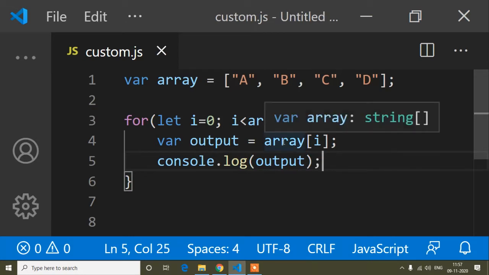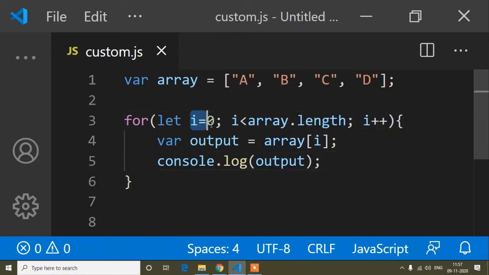First of all I will explain my code here. i equals 0 means i will start from here, because an array starts from 0, and 0 is the index. So a is the index 0, b is index 1, c is 2 and d is 3.